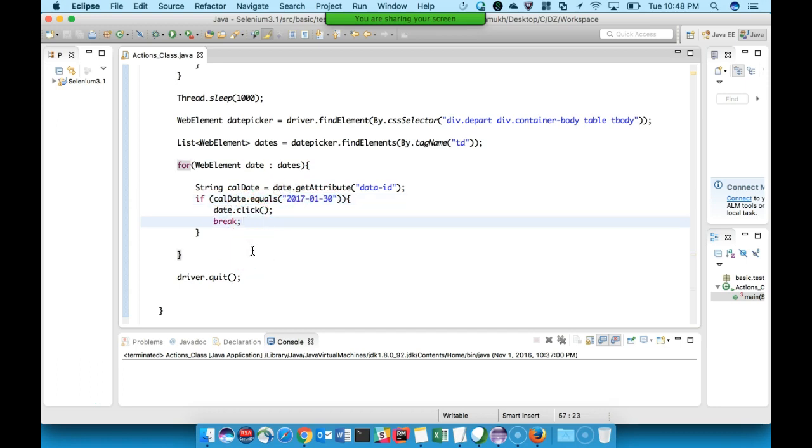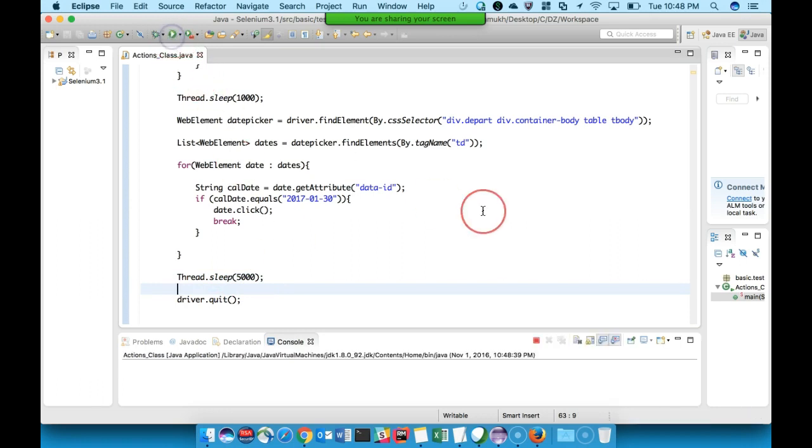So for visuals, again let me add some more wait at the end so that before quitting the driver we can see the particular date actually got selected. Okay, so let us try to execute it.